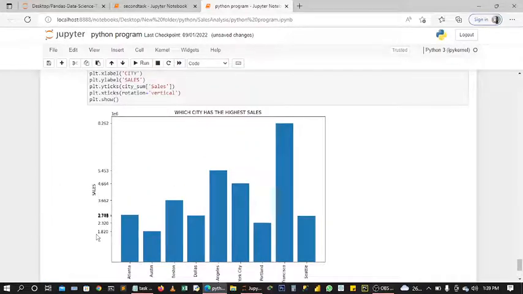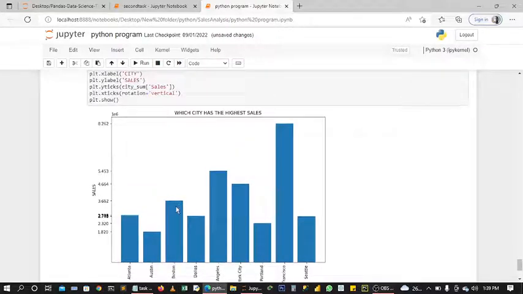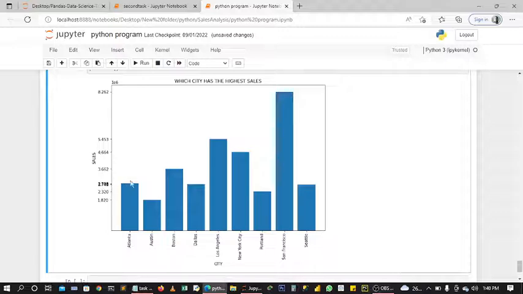From our previous video we stopped at which city has the highest sales, which we have done, San Francisco. But I would like to add something here which I forgot to add in our previous video. Here in this bar chart, I like adding grid lines to be able to indicate from this side and the city. You can be able to indicate, just like this particular one, Atlanta, Dallas, and